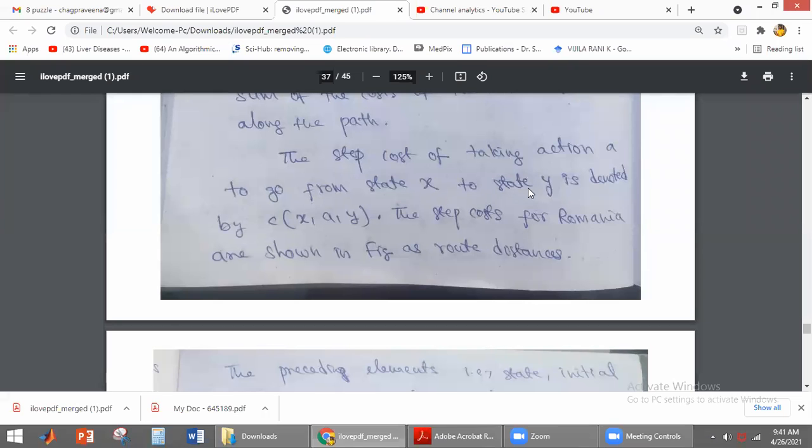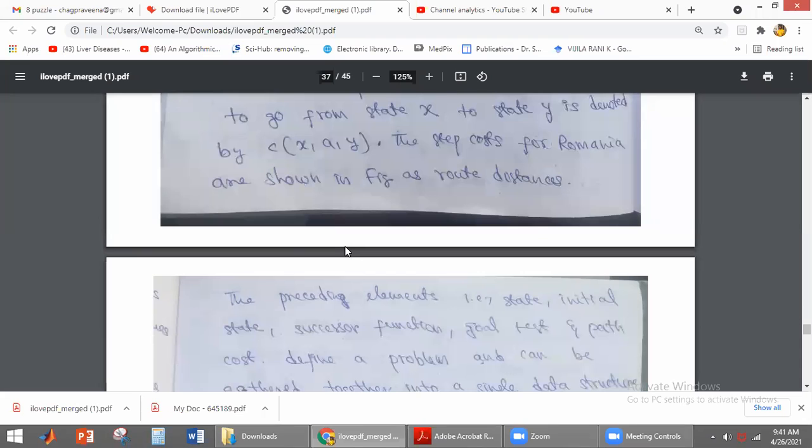So from one state to another state, if the agent is taking some action to reach from one state to another, then the cost of doing that is called step cost. So how do we denote it? C of X, A, Y, where A is the action. X is the initial state reaching another state Y by performing some action. So the cost here is called step cost.